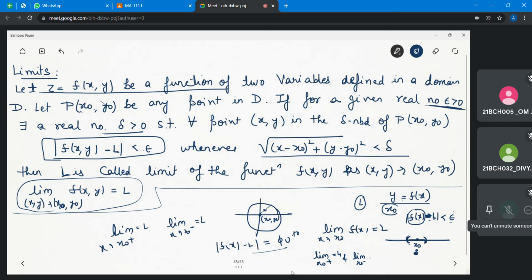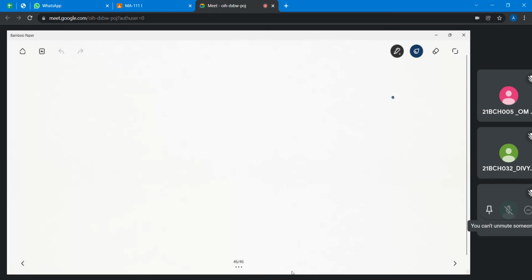Okay, but when the function is of two variables, here there is some point (x naught, y naught), let us suppose it is here, then there are many ways to go to this point, you can go this way, you can go that way. So now if we follow the same definition as for the function of one variable, whichever path we go, whether right hand or left hand, the limit should be the same. So similarly, when we are talking about the function of two variables, even though there are several ways to go from one point to reach another point, the limits corresponding to each path should be the same. So that means the limit is independent of path.